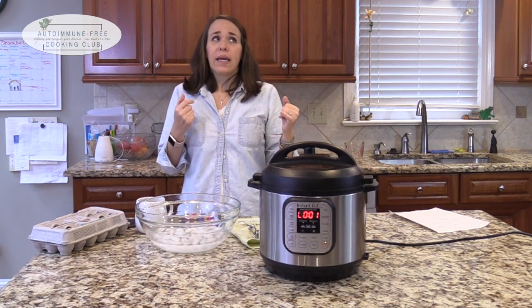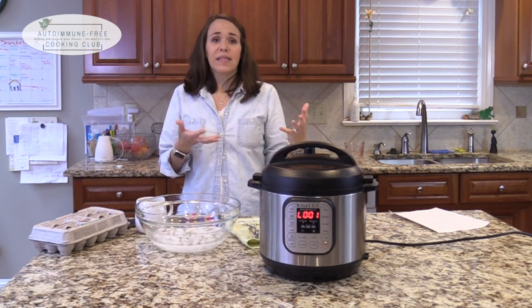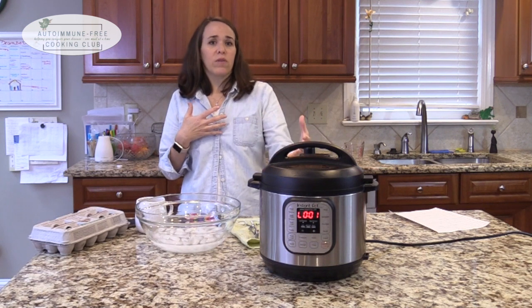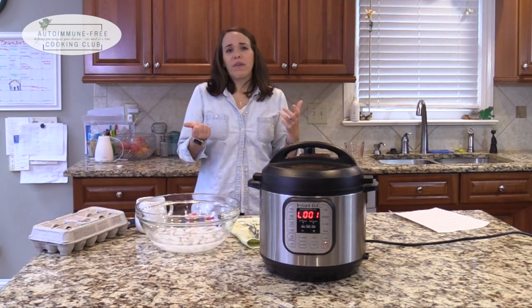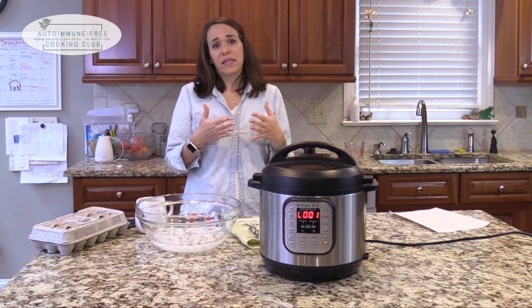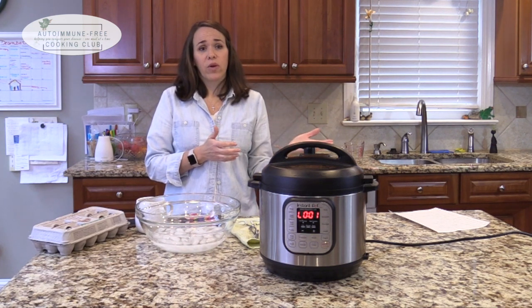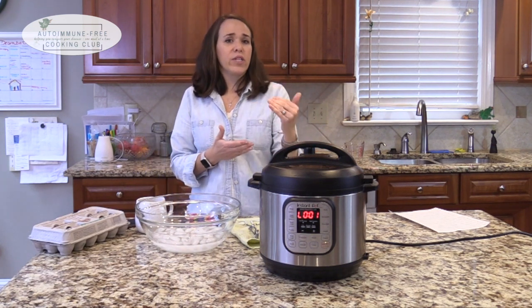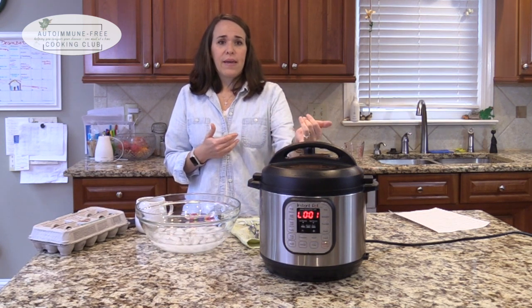If I'm cooking something like a bunch of chicken breasts, say salsa chicken breasts with salsa and cream cheese, that would be fine on the high setting, the more setting, for about 5 to 6 hours. Whereas that might be done in 2 to 3 in a regular slow cooker. So just know you're going to have to increase your time and increase your level with the slow cook in